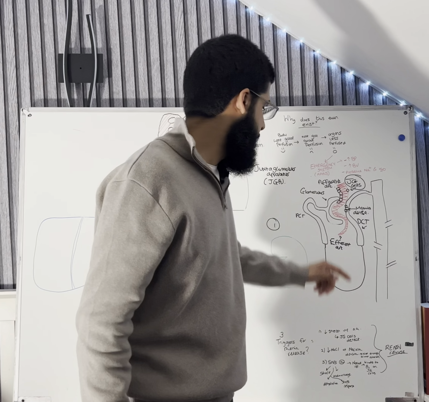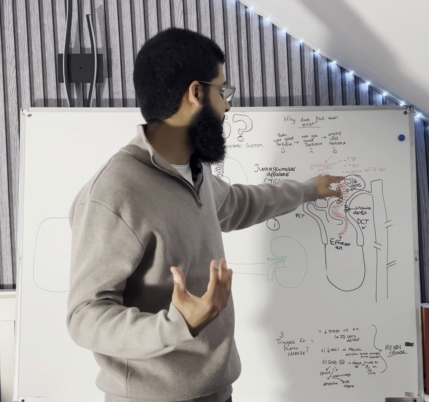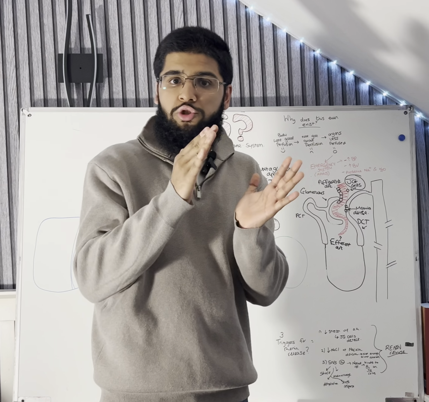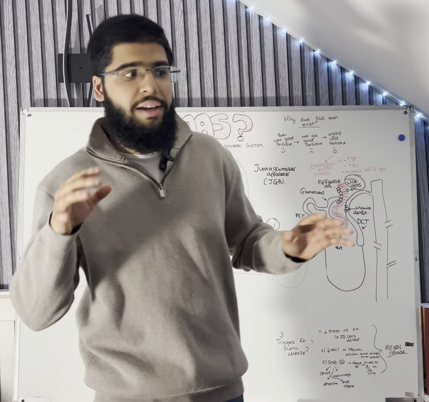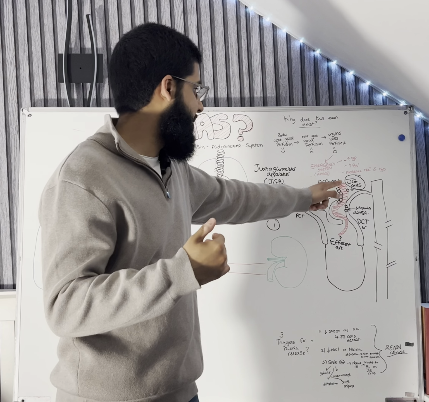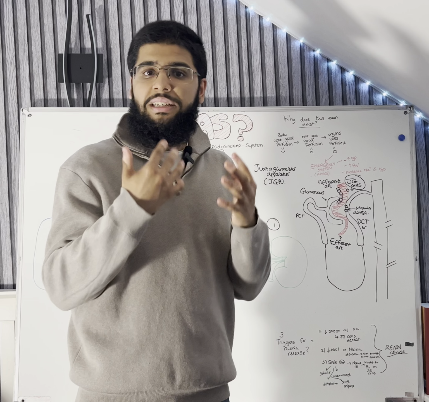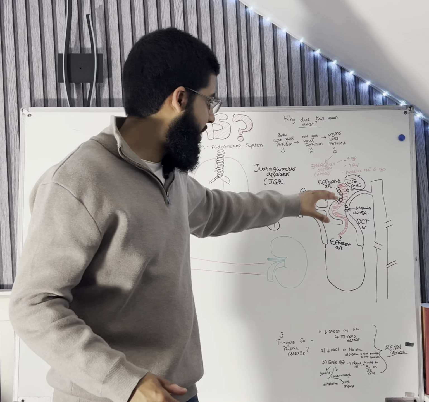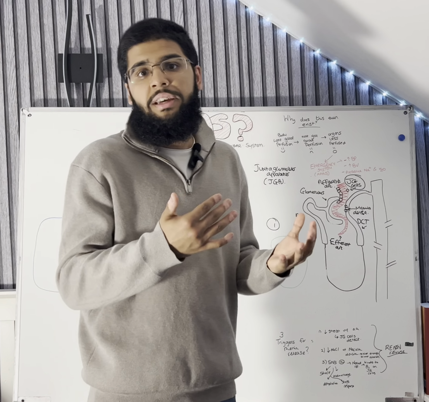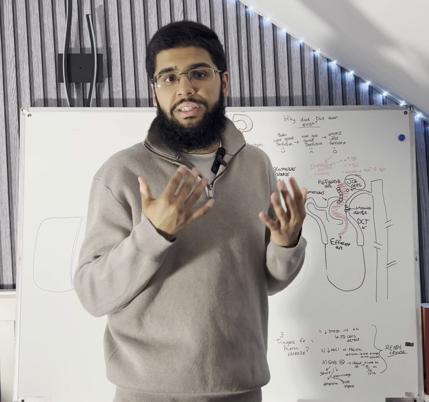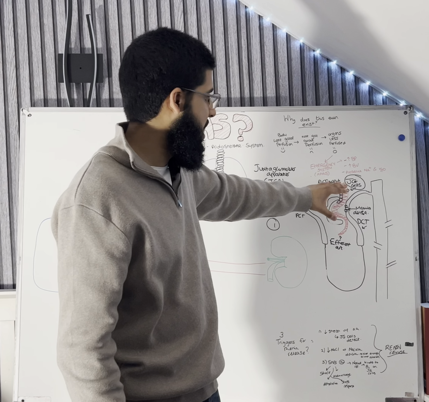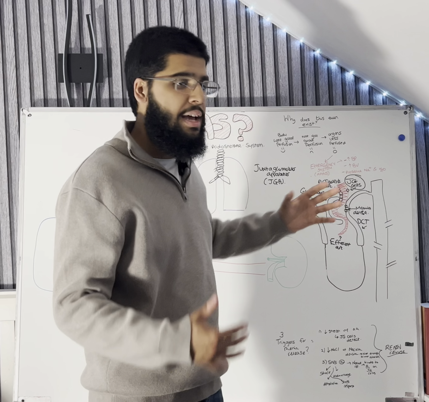Remember the three ways. Firstly, the JG cells, the juxtaglomerular cells, are baroreceptors. They're detecting the reduced stretch, causing release of renin. Or the macula densa detects decreased sodium, hence causing the signal to be sent to the juxtaglomerular cells, thus releasing more renin. Final thing, just to conclude, sympathetic nervous system activation, increased activation of the innervation of the sympathetic nervous system, will eventually cause a binding to beta-1 receptors via noradrenaline or norepinephrine, hence causing